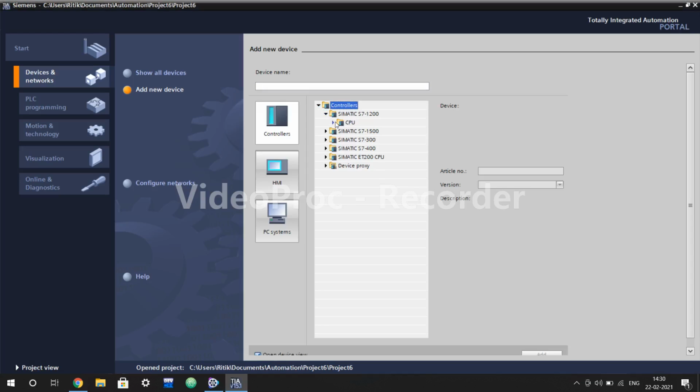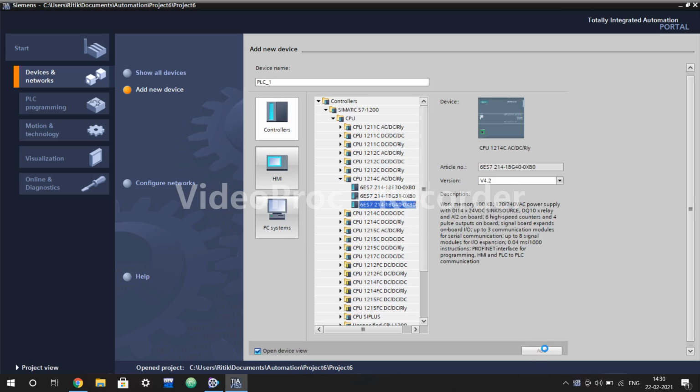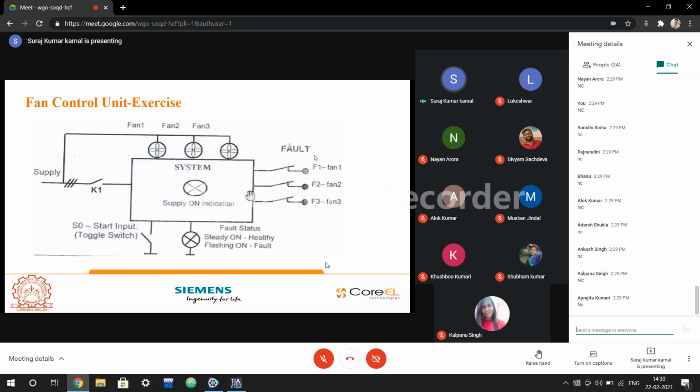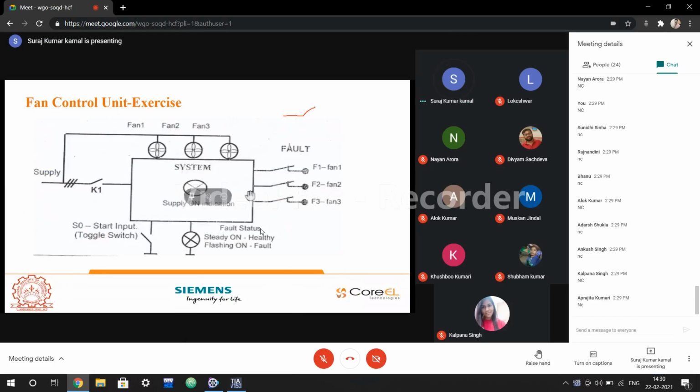Then after that, if fan 1 and fan 2 fail, how will they fail? These faults can be from here. So what will happen if they fail? This is a normally closed contact, and it will become an open contact. Let me just brief you about what is going to happen here. This is your normally closed contact. When there is a fault here,